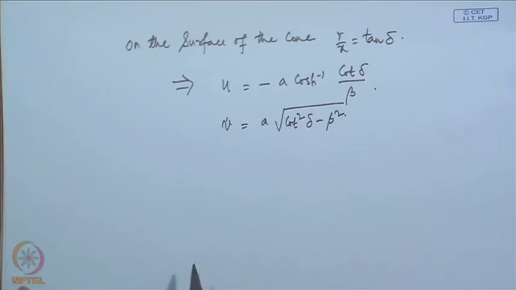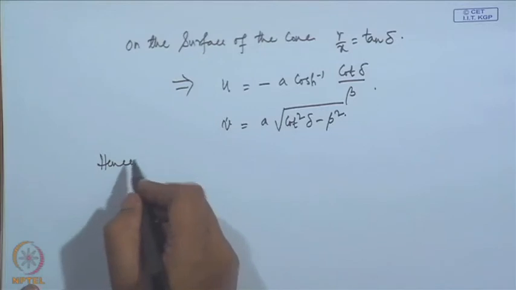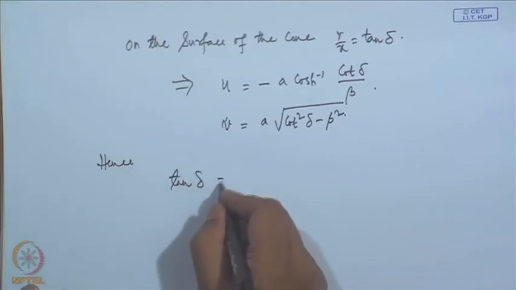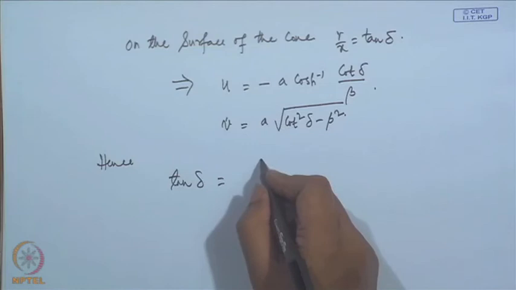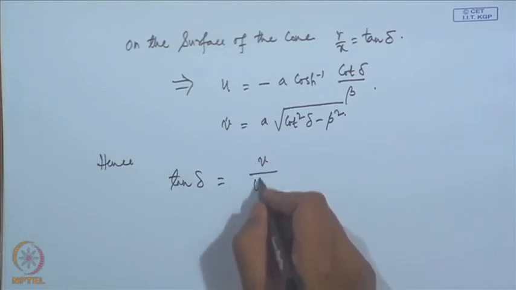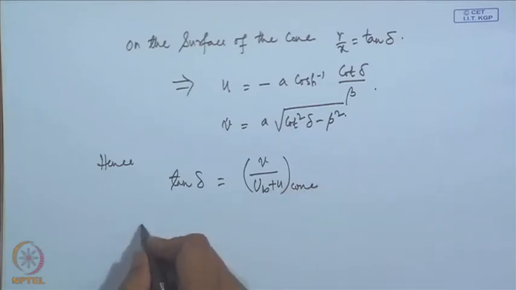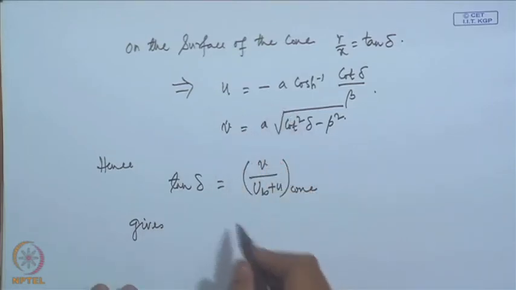Substituting this, we substitute this v and u here, and it gives